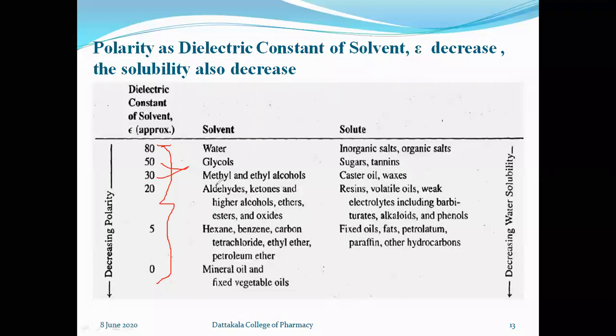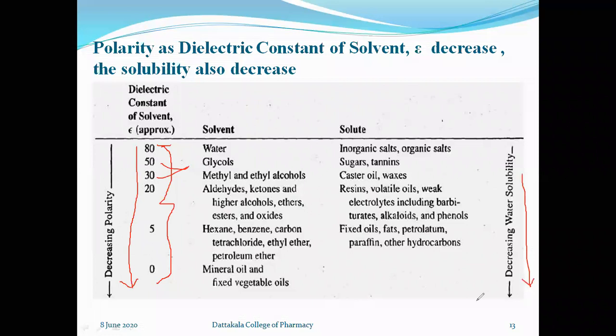So this chart is just for understanding the effect of the change in polarity, that is, the effect of the change in dielectric constant on the solubility. As the dielectric constant decreases,